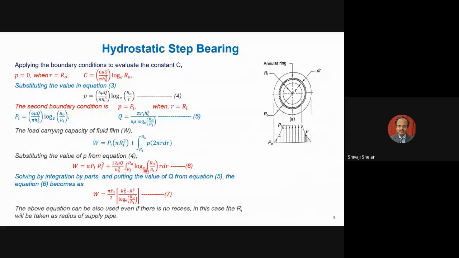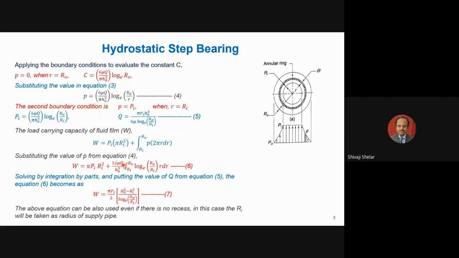This integration will be done by parts. So one part you can consider as U, where U is equal to log of Rho upon Ri. And you can consider another part as V, so that V is equal to R dR. So considering this U and V, you can determine this integration by parts, as well as